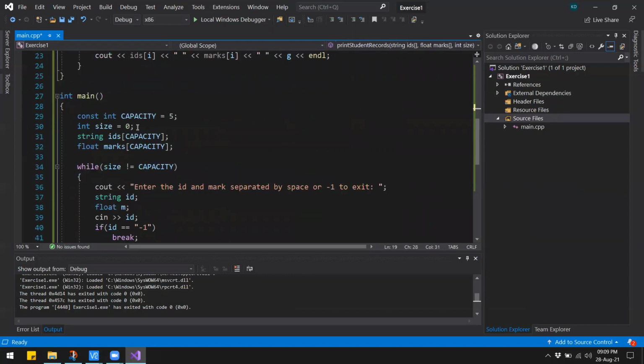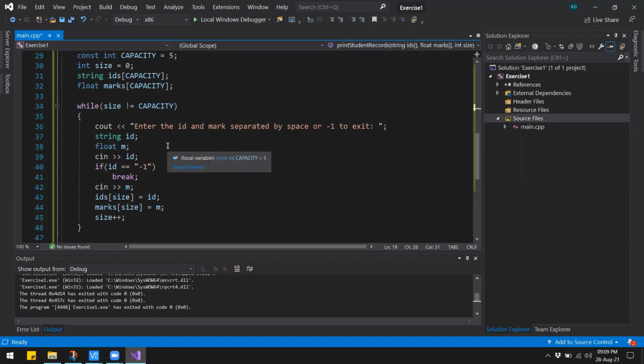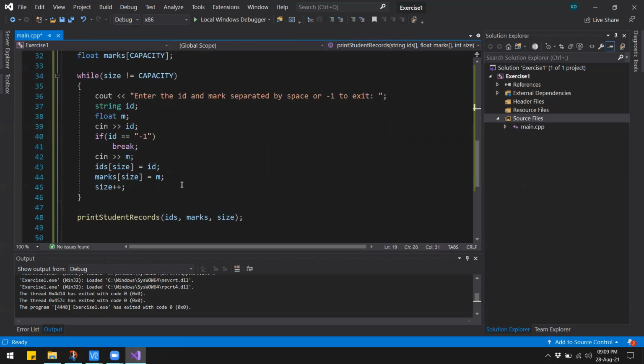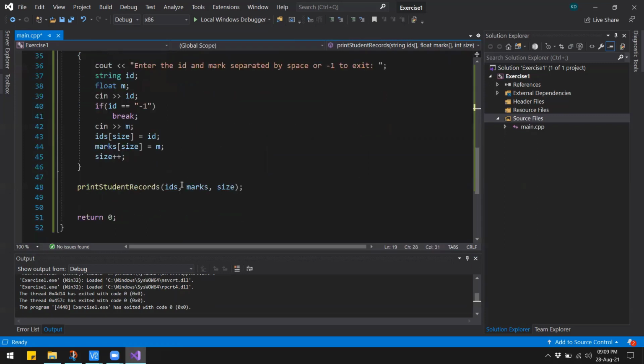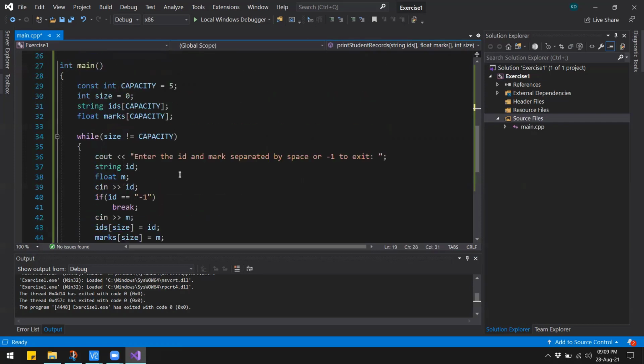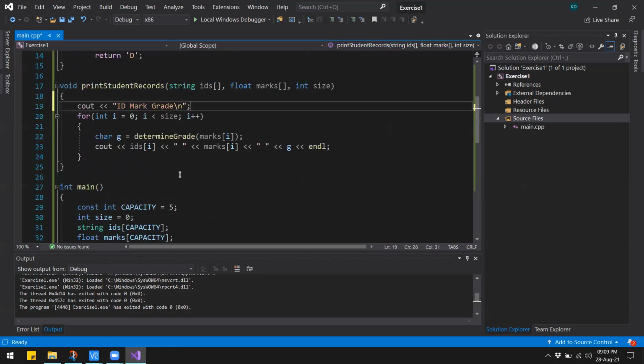So that was all for exercise 1. In here, what we are doing is creating 2 parallel arrays called ID and mark, and then we are writing a loop to capture the ID and the mark of the student. And then once we have all those details, we call this print student records function to print the details of the student.